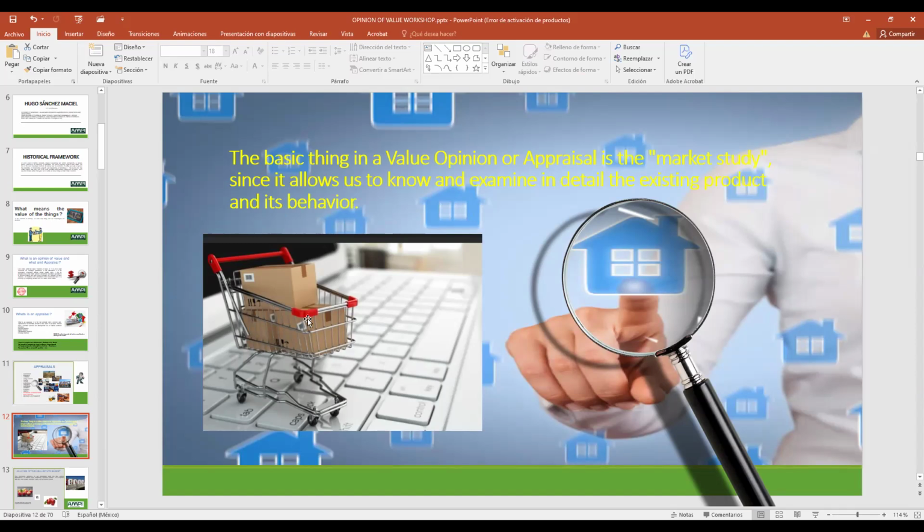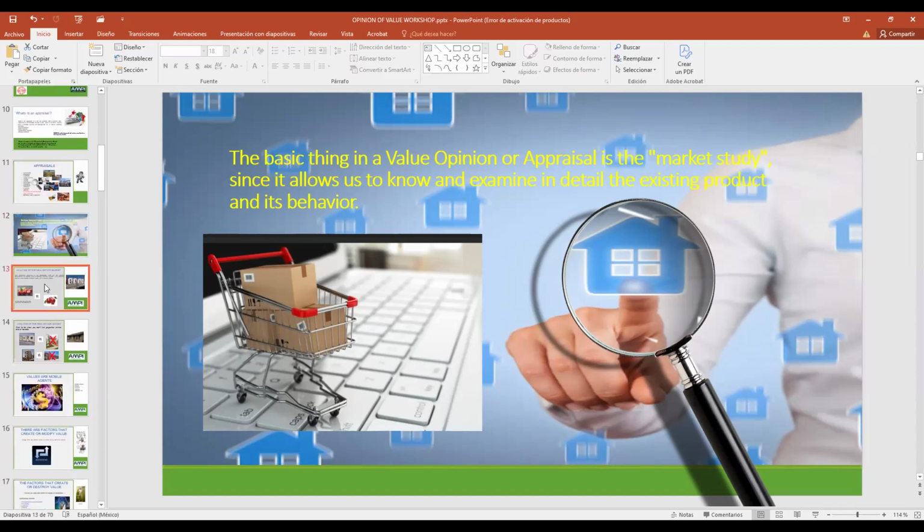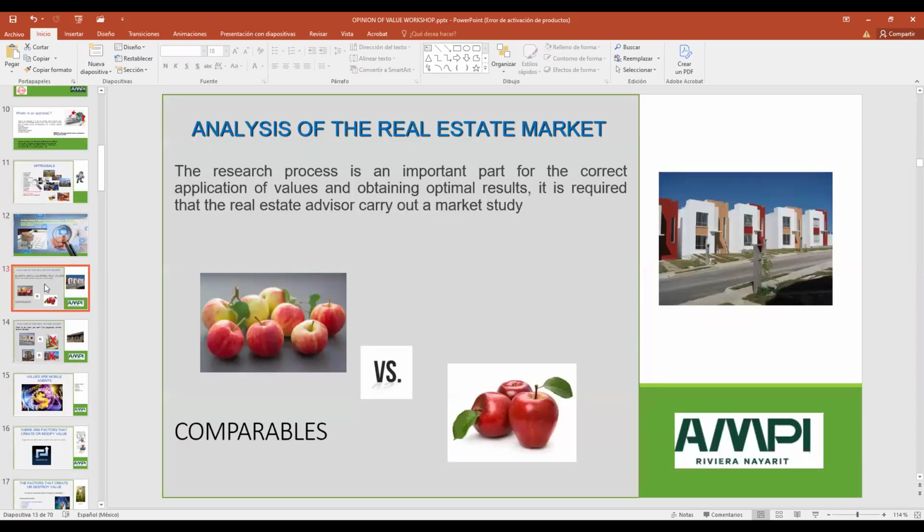So we need to market the properties, but we have to analyze the real estate market. We have to compare one thing to another, one house to another.